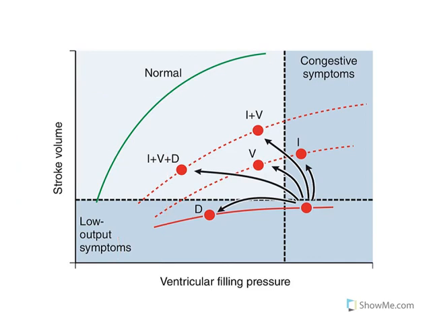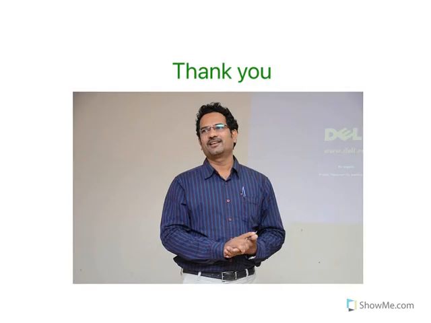Whereas in congestive heart failure, the failing heart, this is what happens. See, increasing pressure, no increase in stroke volume. This is the cardinal feature. So to treat that, three major classes of drugs are there: inotropes, vasodilators, and diuretics. They will be used in combination to increase this stroke volume or the amount of blood coming out of the heart. So the major classes are inotropic agents, vasodilators, and diuretics. Usually they will be used in combination to get the desired effects. So this is the basic pharmacotherapy of congestive heart failure.